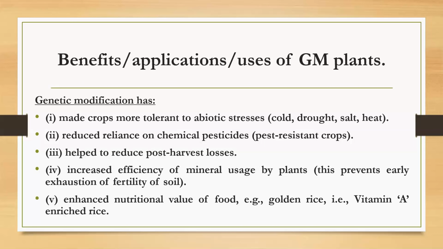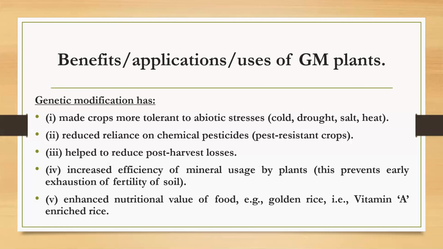And the last application, genetic modification has enhanced the nutritional value of food. For example, golden rice. The golden rice is rich in provitamin A, the precursor of vitamin A. See here, the quantity of food is not important. Quality of the food is important. So that's why we need to produce food with good nutritive value, and that is possible by genetic engineering. Normally, the genetically modified plant produces nutritive rich food products. So these are the important applications of